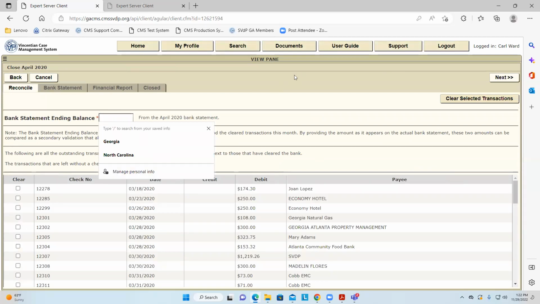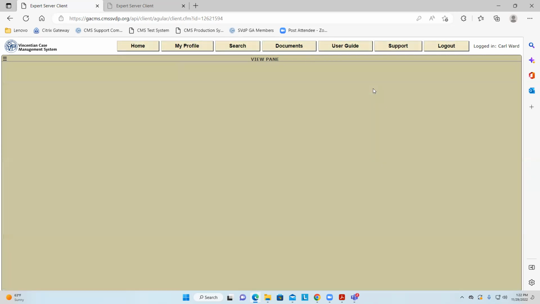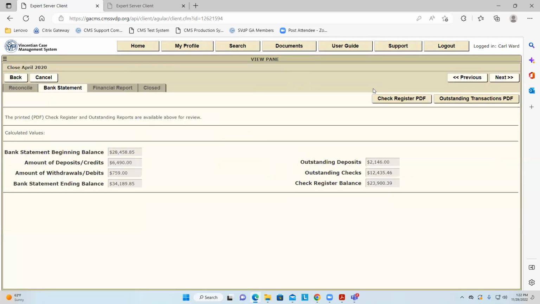It's asking me, what do you see in terms of the fiscal bank statement? I just did a copy and paste. I'm saying, listen, I'm seeing the same amount that was in the register. Okay, so this is the wizard. You just go through, and it'll lead you step by step. Everything is in balance here, you can tell, or else the system would stop you at this time.